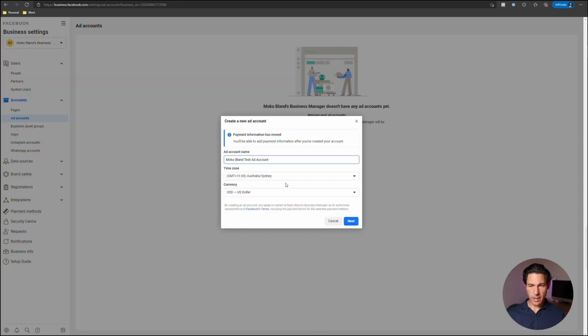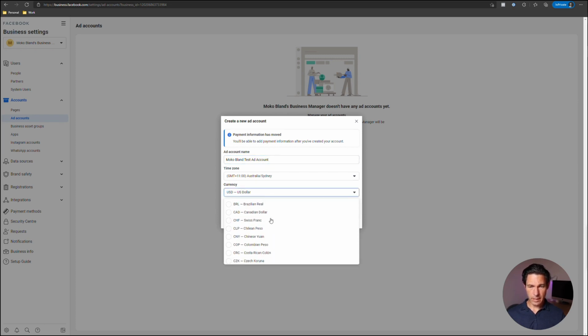When you create an account, it's really important that you get the time zone and the currency correct from the get-go, because you definitely can't change the time zone. Once you have set it up, that's it. You are stuck with that time zone for the life of that account. I believe that you can change the currency after, I think, a 60-day period. In any case, if you want your account to be in GBP or US dollars or Australian dollars, just make sure you get it set up that way from the beginning.